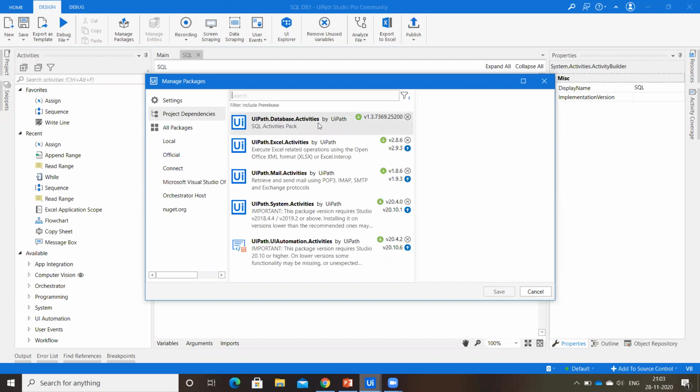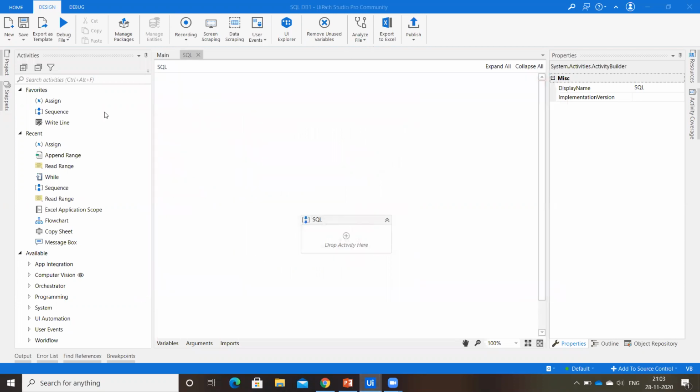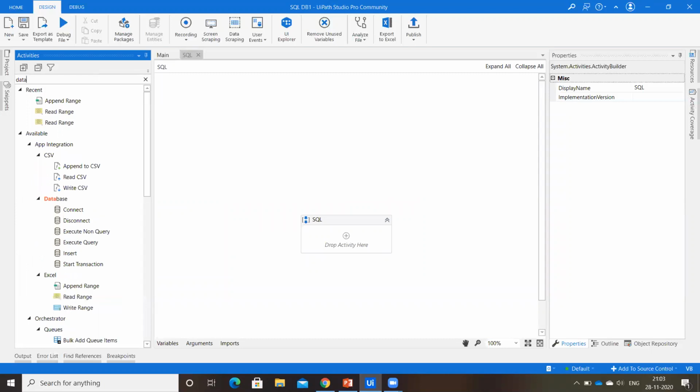I already installed this package. If you didn't install this package, search for this uipath.database.activities package and install. After installing this package, search for database in the activities panel. Then you get this connect, disconnect, execute non-query, execute query, insert and transactions.